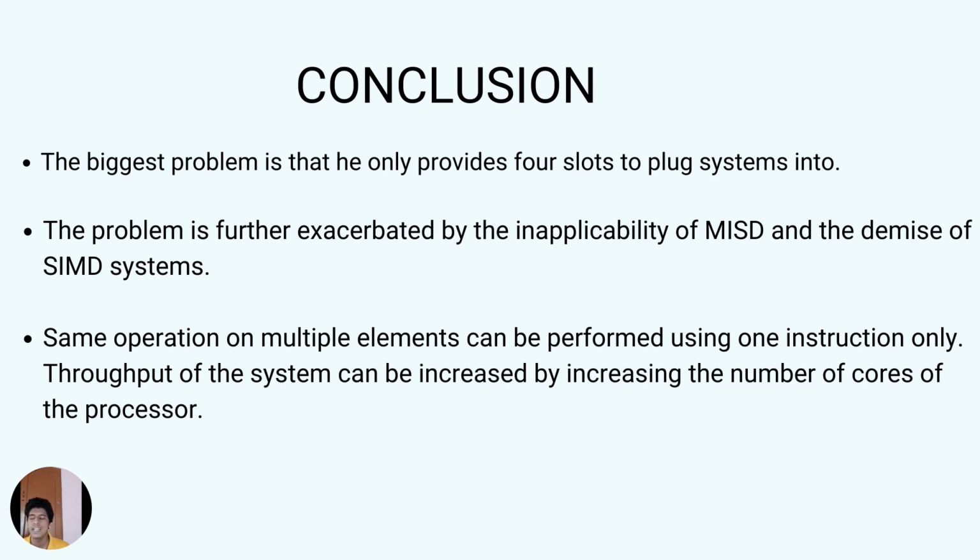So what Flynn explained even 50 years back was used in order to make the current systems, and still it will be considered the basis upon which a computer architecture engineer would start to build a system, depending upon Flynn's classifications. After that, actually further classifications came, but still Flynn's taxonomy, as I said, would remain the basics. So that's all for